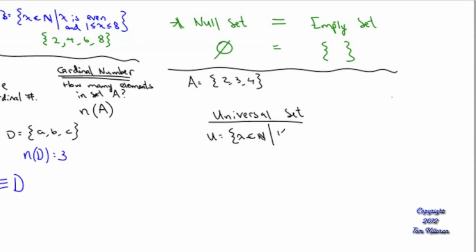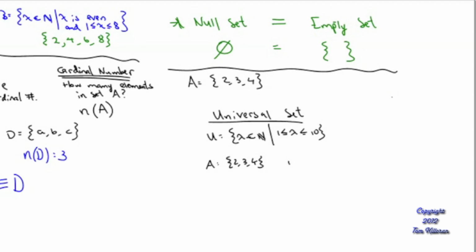So my universe starts at 1, ends at 10. So we're talking about 1, 2, 3, 4, 5, 6, 7, 8, 9, 10. That's it. That's my universe. Now, my universe becomes my maximum number of elements I can talk about. I can only talk about 10 of them. No more, no less. My universe has 10. And if I tell you that A has my 2, 3, 4 in it,